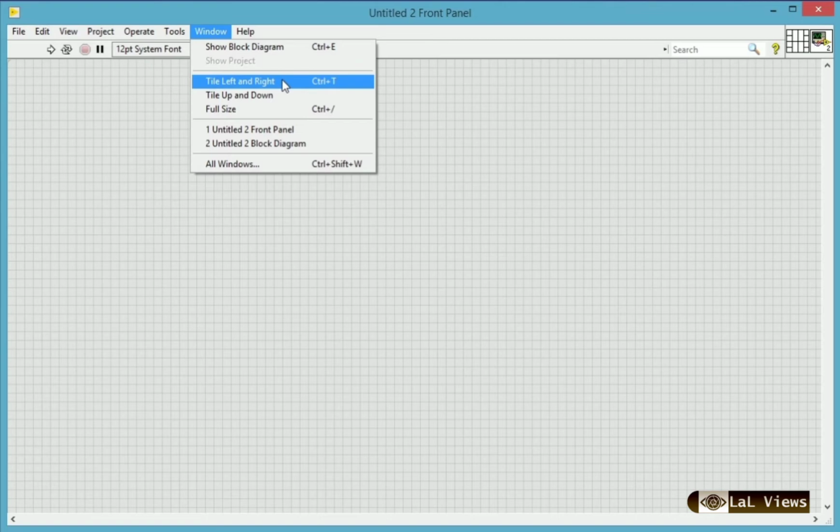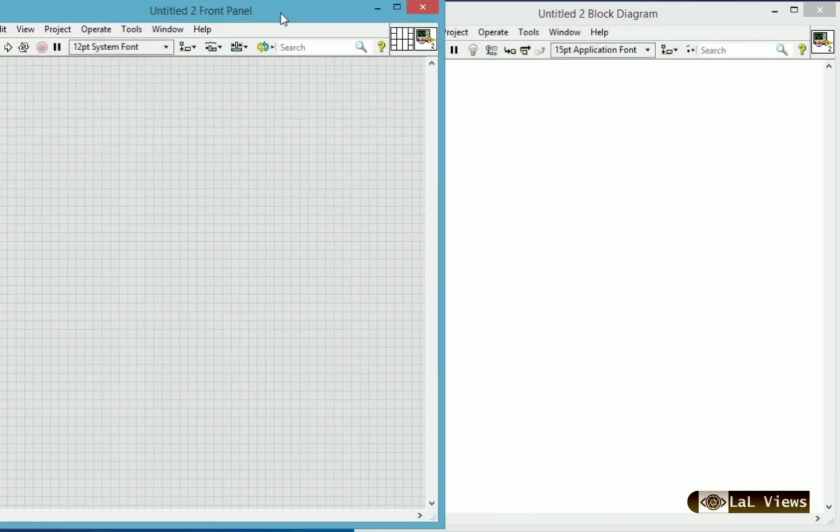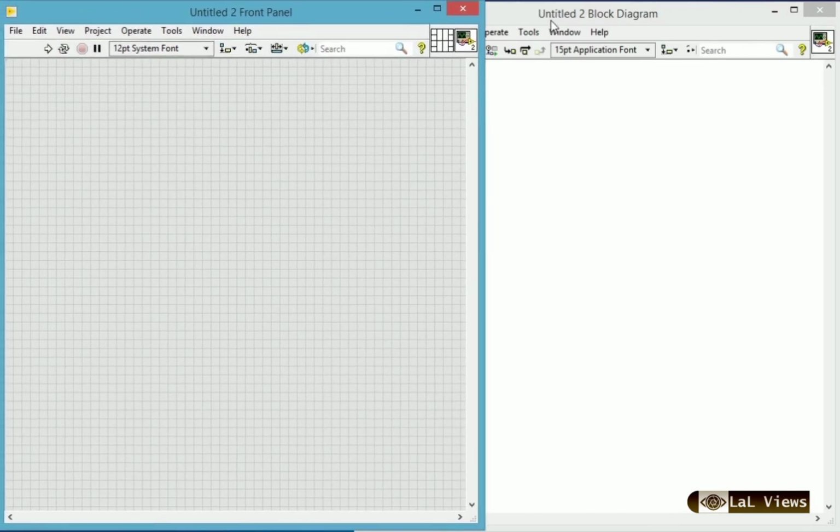When I press tile left and right, you can see the block diagram and front panel shown side by side, so you can directly compare the logic as well as the user interface using this view.